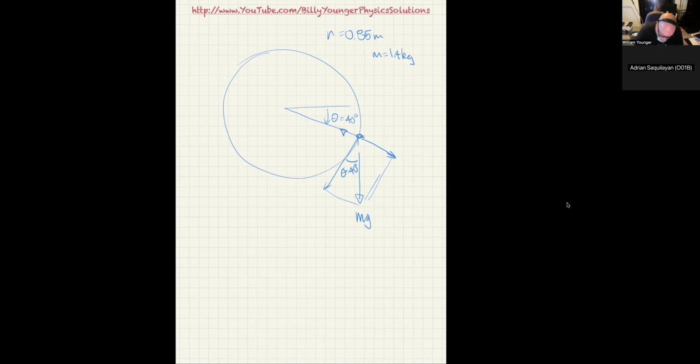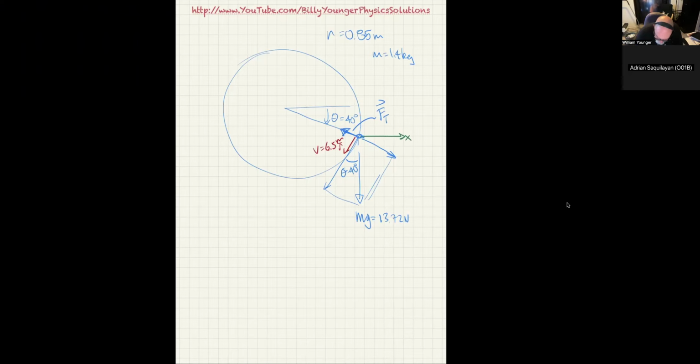And they got Ft here. That's the tension force. And the mg, of course, is 1.4 times 9.8, and that gives me 13.72 newtons. And we also know at this point the velocity is equal to 6.5 meters per second. So really all we have to do is figure out in some sense like an x and y component of